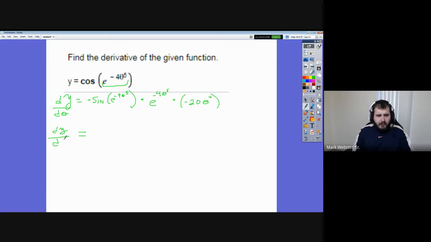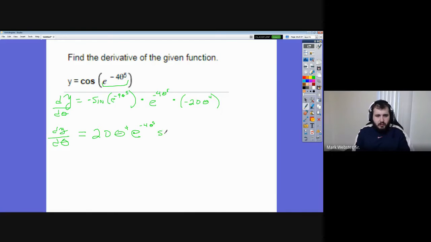I like the fact that this book uses a whole bunch of different variables, forces you to dissociate from variables and just be okay with any old thing. So this 20 theta to the fourth times, I like to put the exponential stuff next, e to the negative 4 theta to the fifth